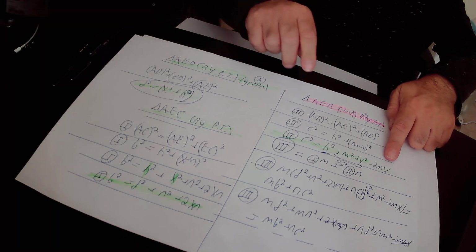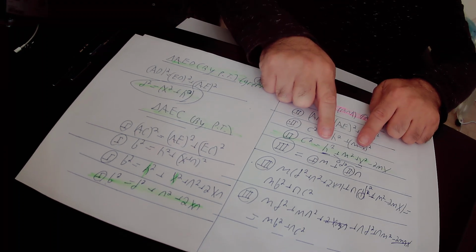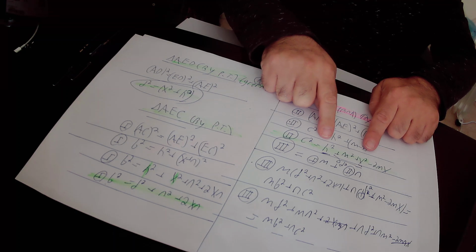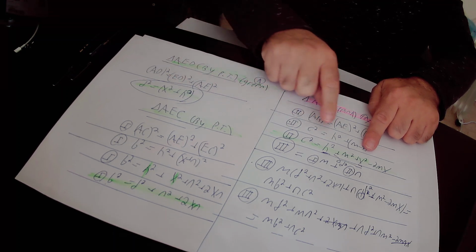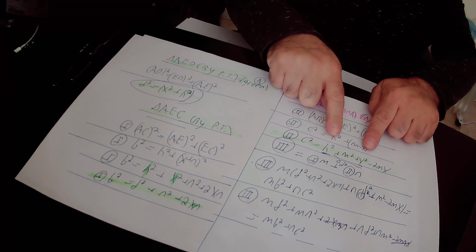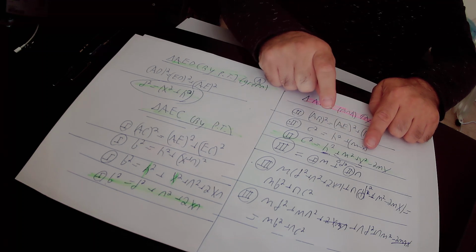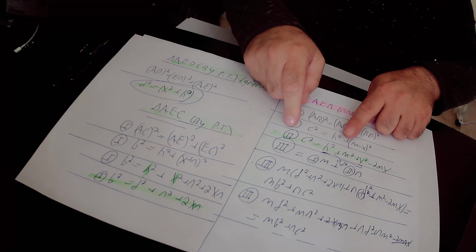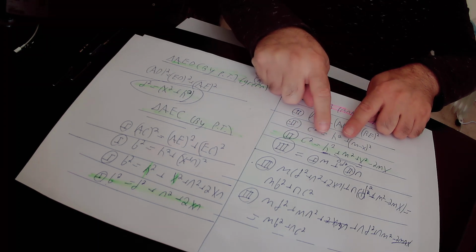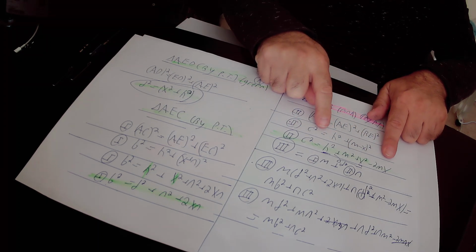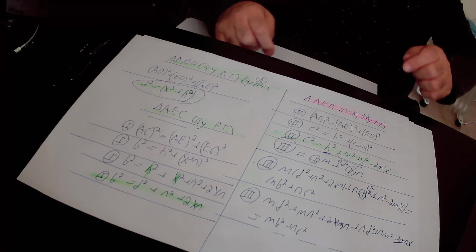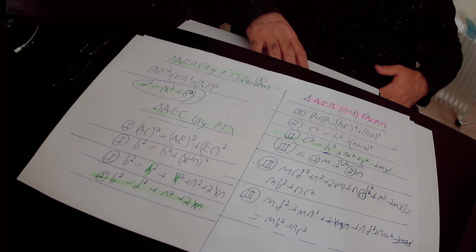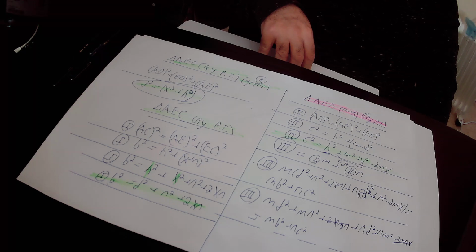Again, we have here H square plus X square, which is equal to D square, so we substitute H square plus X square by D square. So, in conclusion, according to equation number 2, we found that C square equals D square plus M square minus 2 times MX. In the next step, we created equation number 3